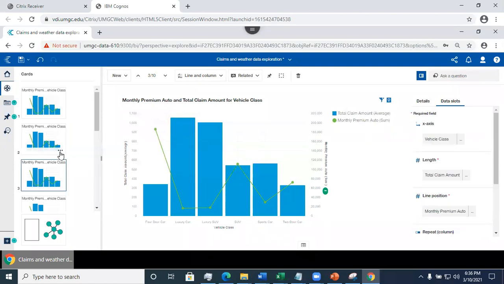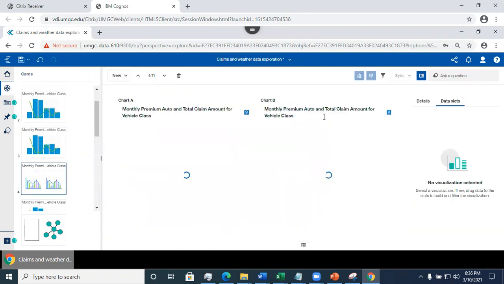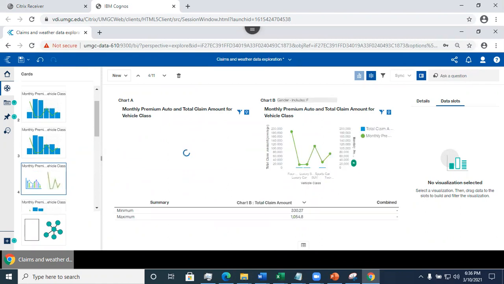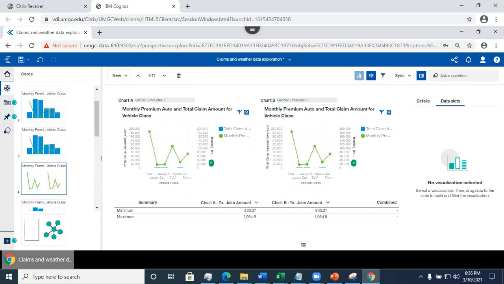I'm going to select these two. And instead of duplicate, I need to select compare. I'm sorry, guys, my fault. I need to select compare. That's what it is. Now what it's going to do is put two charts next to each other, and you can select one data point on the first chart, and the corresponding data point will be selected on the second chart. So here, this is one way to look at if gender has an impact on